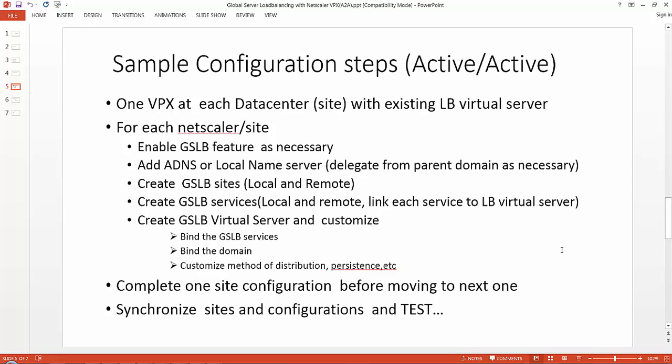So depending on how you choose to do it, the instructions usually say create an ADNS service, but a lot of the times you can also just use a local name server, and they all basically serve the same purposes. Now, depending on the domain for which the global server load balancing is going to be serving, if it's not a top level domain and it's a subdomain, then you also need to make sure there's delegation from the parent domain with the necessary name server and SOA records as necessary. We'll not go into all of that at the moment, but we'll just come across those,